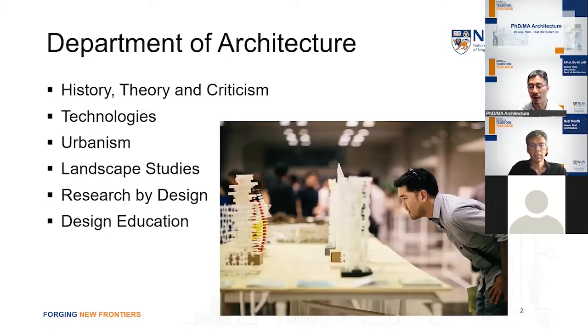our research study program. I hope you agree with me that architecture is a multidisciplinary subject covering a wide spectrum of topics from art and social science to technology. It is hard to isolate the architect from different elements because architects are embedded into and integrated with building and built environment design. In our department, we are currently divided into 6 research clusters. They are all interrelated. The 6 clusters consist of history, theory and criticism, technology, urbanism, landscape study, research by design,